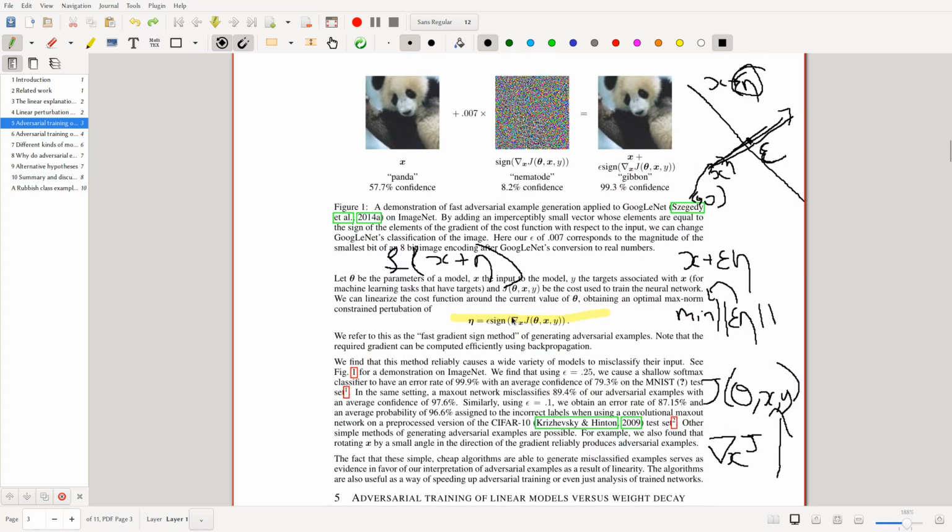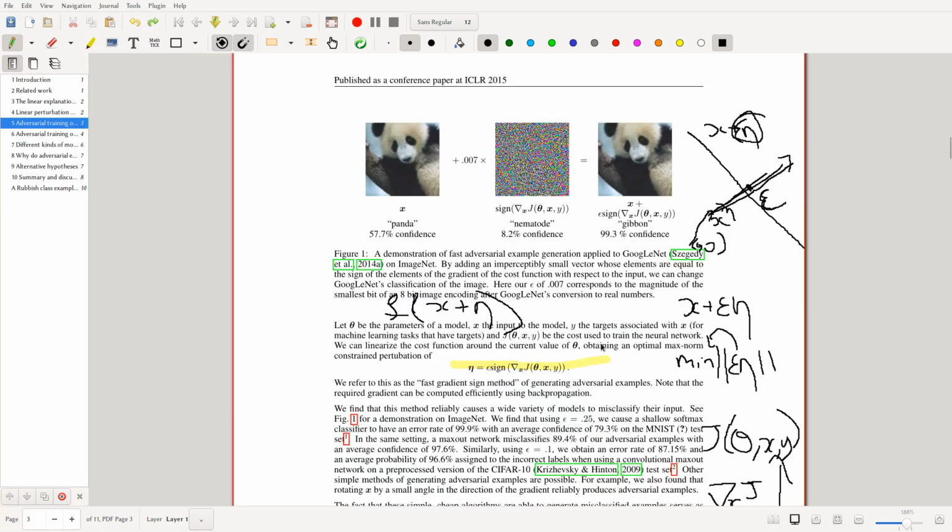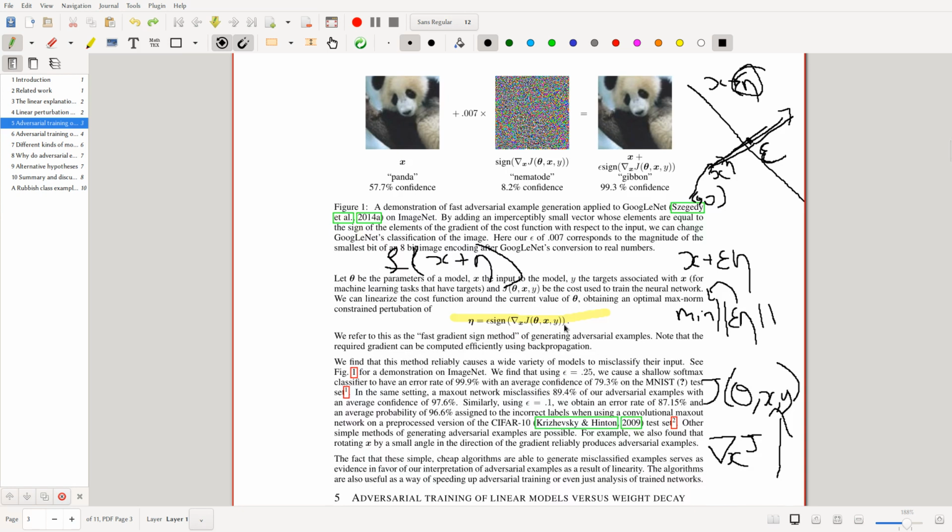And this gradient here is actually quite easy to compute because we just use backpropagation, which is what we're doing with training. The idea is that, yes, if you have knowledge of the algorithm, then you can compute this quite easily. And a lot of work has been done where, even if you don't have the specific model, because you need the specific model to compute this gradient, what you could do instead is train a surrogate model, which will be close enough to the original model, such that you can compute these adversarial samples from it.